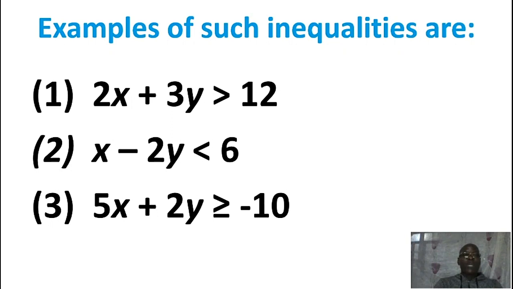So if you want to get x, put the value of y to be 0. If you want to get y, put the value of x to be 0. Let's go to see how to do it. There are 3 inequalities here that we need to solve, to represent on the Cartesian axis. However, representing it means showing the region of definition of the system.